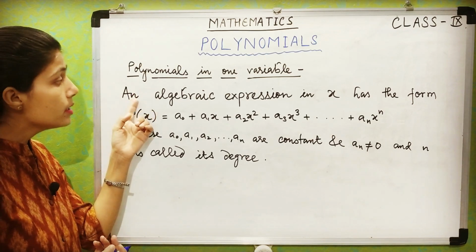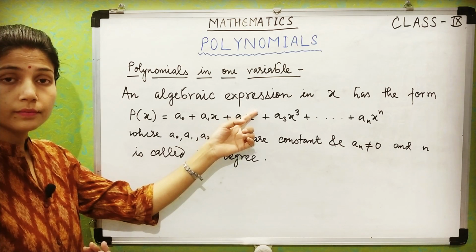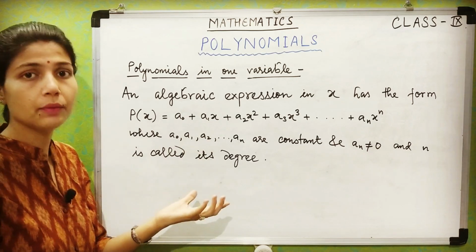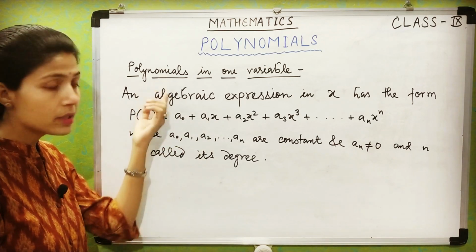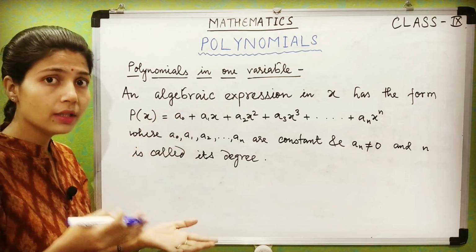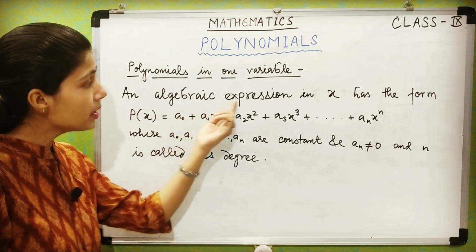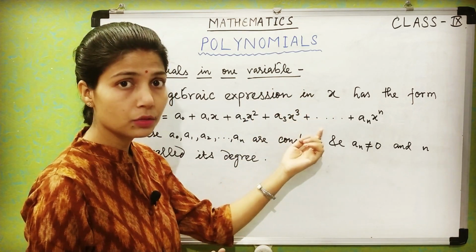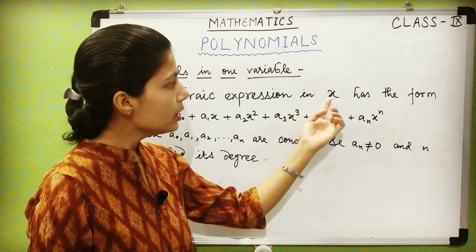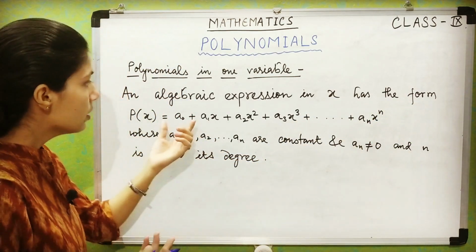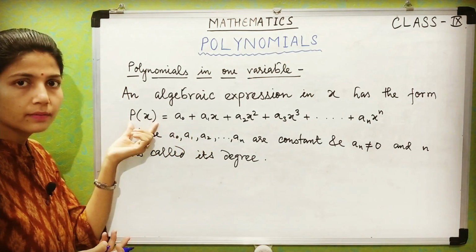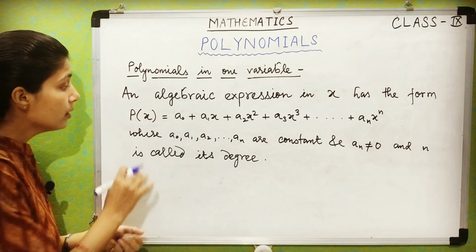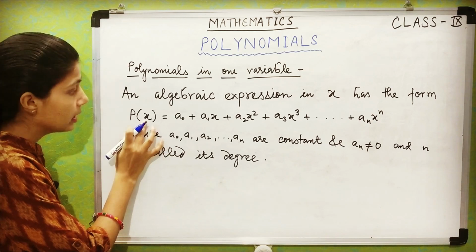a polynomial in one variable is an algebraic expression. As we have discussed earlier, all the polynomials are what? Algebraic expressions. So basically polynomials are algebraic expressions. Now what is the next condition? An algebraic expression in X, because here we have taken the variable as X to standardize its definition. Okay, so in X it has the form, which form? Like this, P(x). We denote the polynomial by this symbol. Here the variable which we are considering is X.